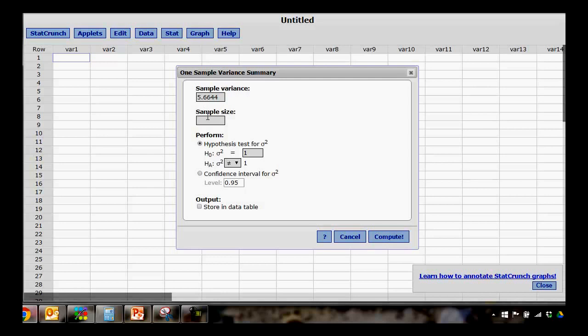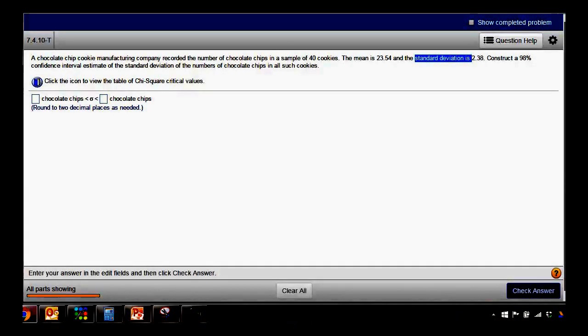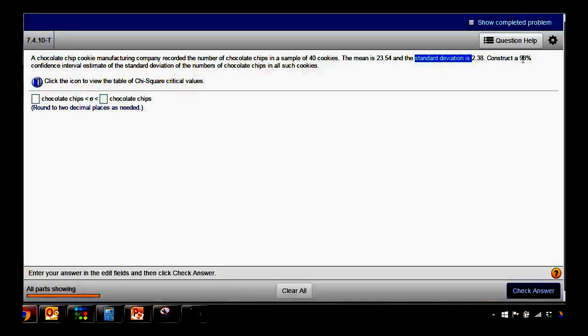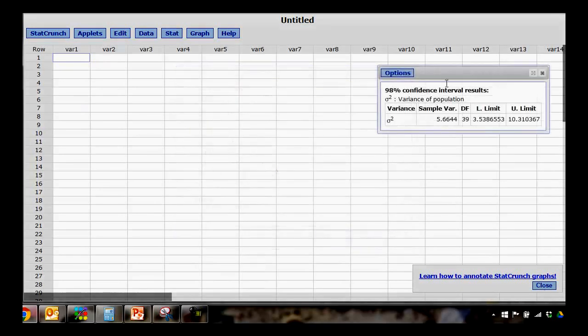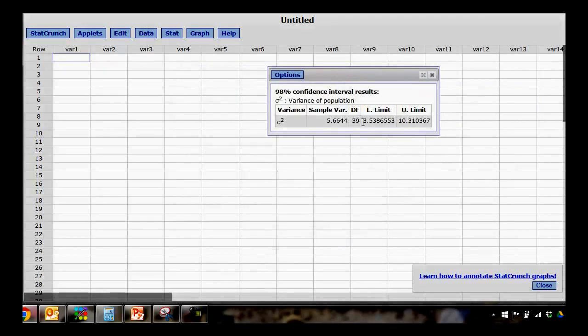All right, your sample size was 40. We're doing a confidence interval, and we need to figure out what size our interval is. It's 98%. So change this to 98. Hit compute. Here's our lovely little table of information, but again, the problem is this is a confidence interval for